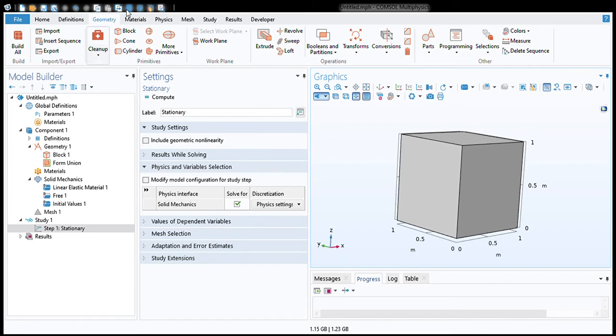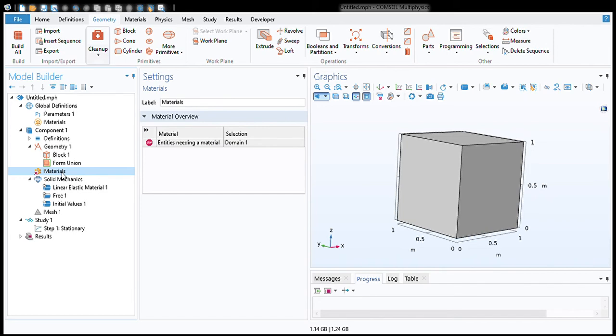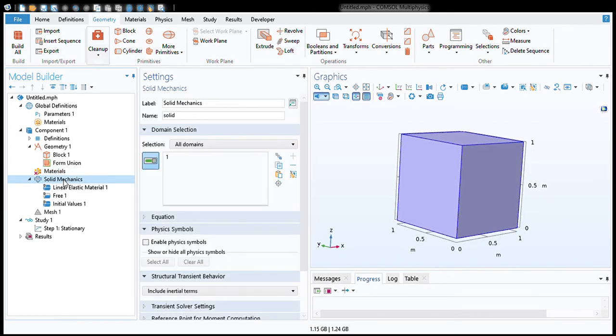Then in the geometry interface, you have different functions such as extrude, booleans, transforms, and others. The simplest is materials, in which the material can be directly taken from COMSOL. Then in solid mechanics, the boundary conditions can be prescribed using right click, and you can use the boundary conditions you want.